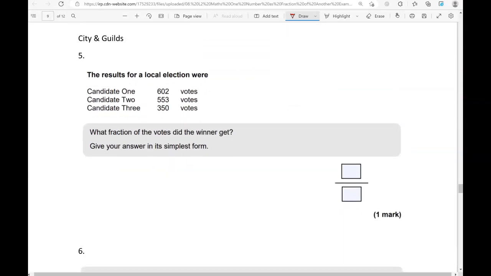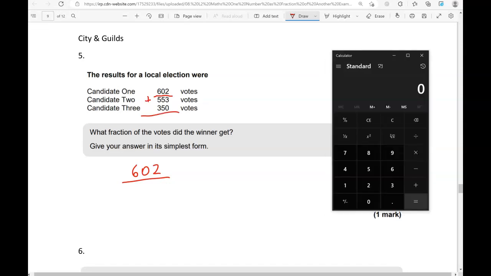The results for a local election were: Candidate 1, 602 votes, Candidate 2, 553 votes, Candidate 3, 350 votes. What fraction of the votes did the winner get? Give your answer in its simplest form. So the winner is clearly Candidate 1 with 602 votes, the highest number of votes. So 602 out of the total,